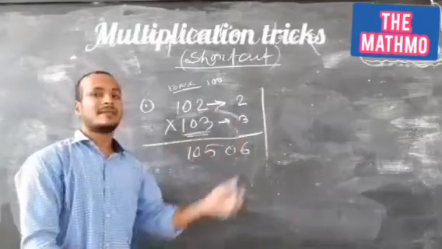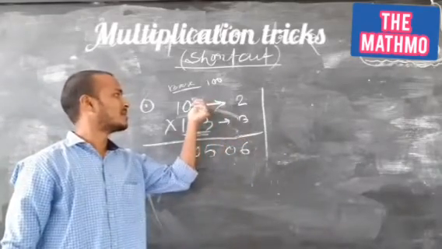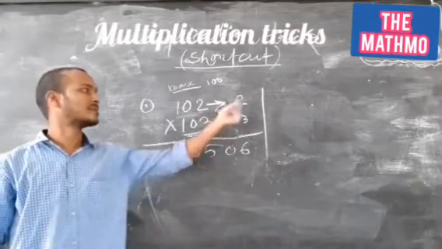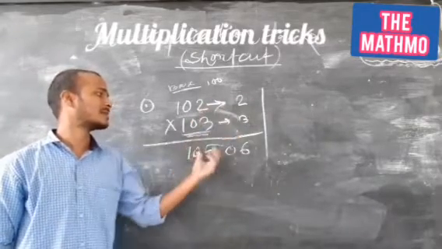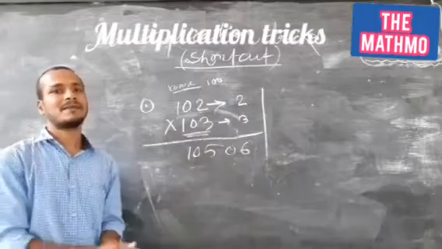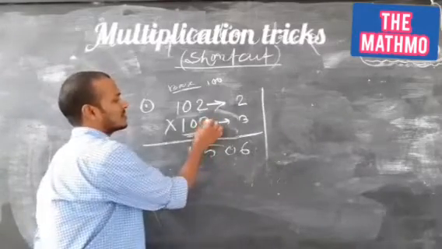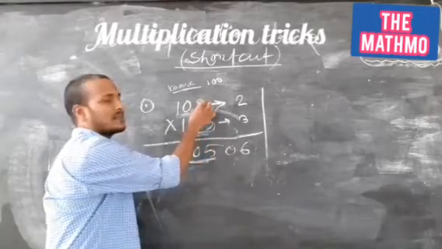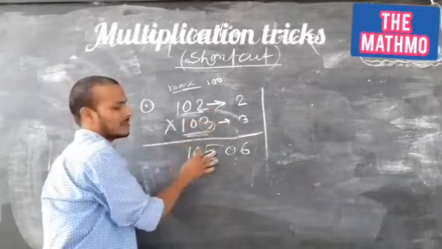You have to add this difference to this number or this one to this number. Whatever you add, this one to this or this one to this, you get the same 105. It is 3 more than 100, so you add this 3 with this one, you will get 105. Or it is 2 more than 100, so you add this 2 to this number, you will get 105.